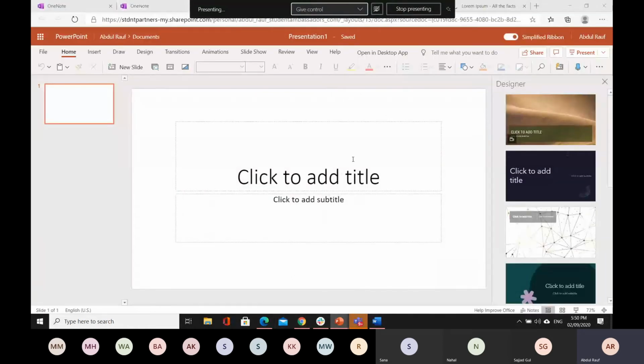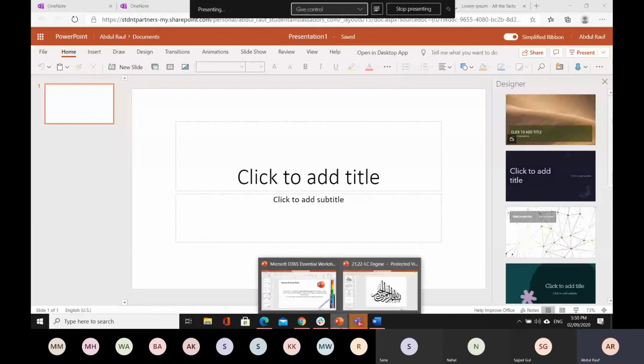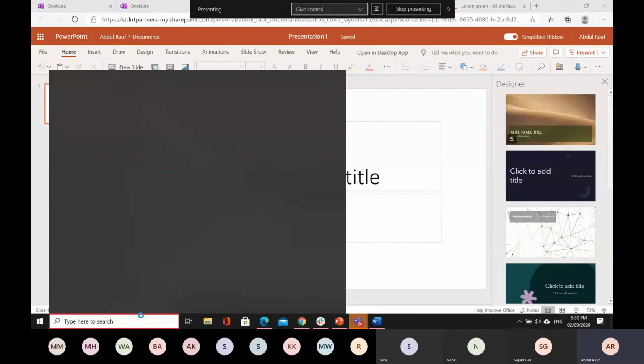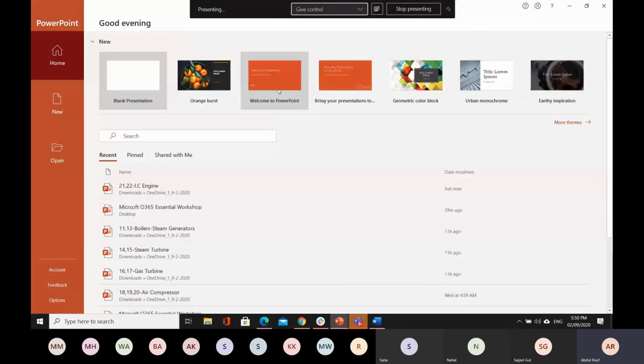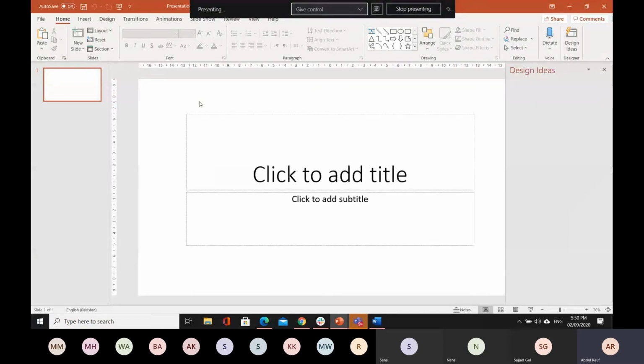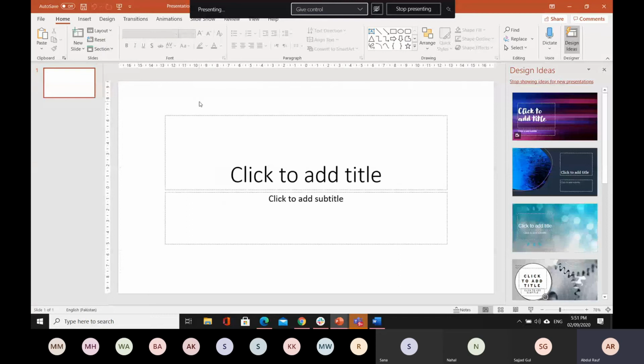Let me open it again. So this is the interface of PowerPoint. I'll go to blank presentation, and this is the basic view of PowerPoint. Whenever you open PowerPoint, let me open the web-based one for you guys. So this is the web view, as it is open in the browser. So whenever you open PowerPoint,